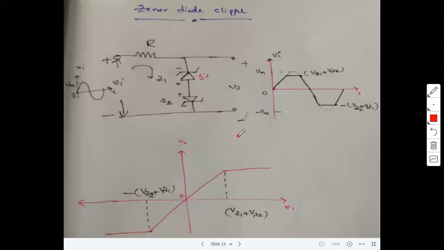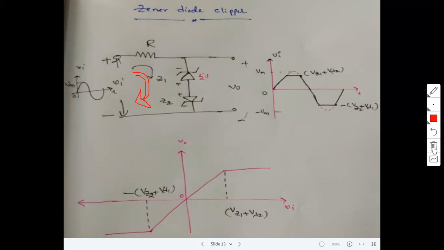Now coming to another two-level clipper circuit. Two-level clipper circuits are designed with the help of two normal diodes or two Zener diodes. Whenever we are using two Zener diodes, the loop is only a single loop, whereas when using two normal diodes, there exist two loops. But in this case, two Zener diodes are used, and the loop analysis is limited to only single loop analysis, right?